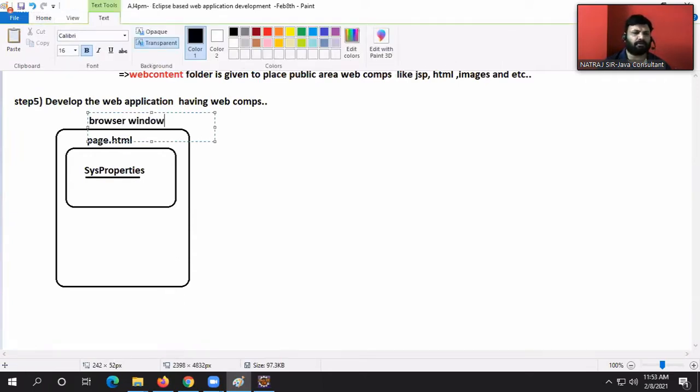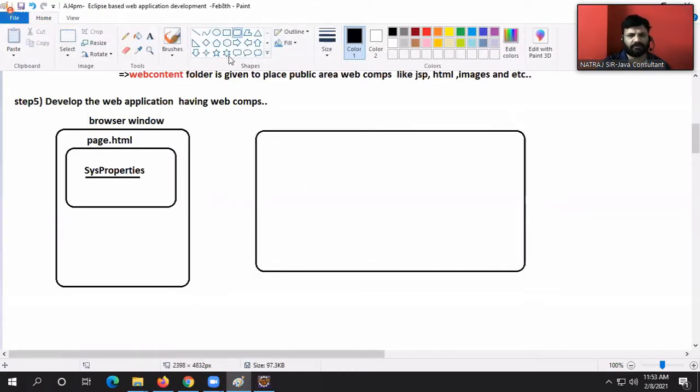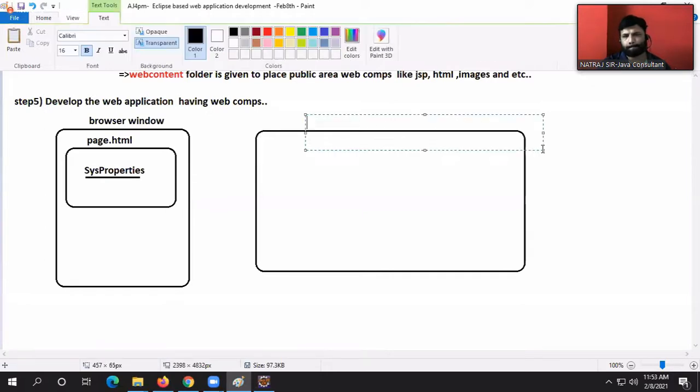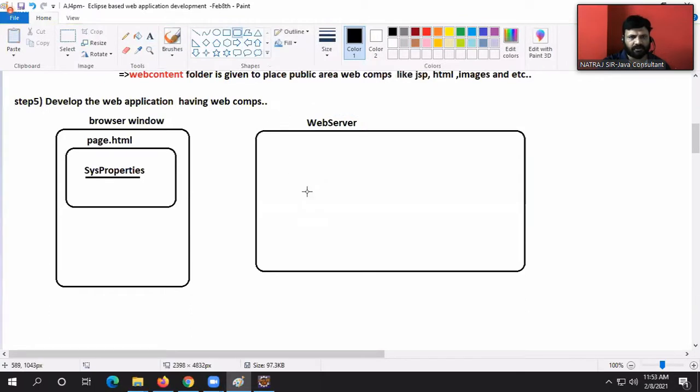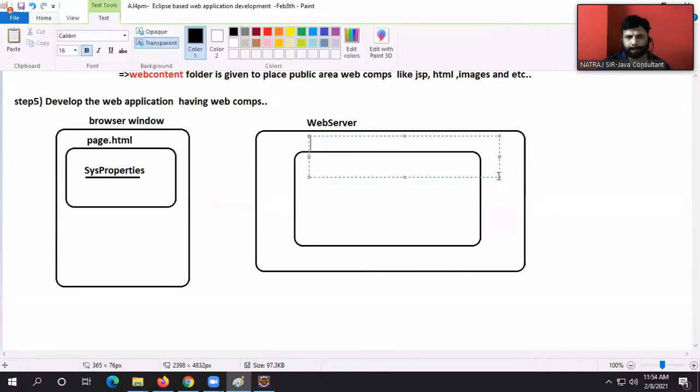Here is my browser window. Here is my web server. Here is my web application.